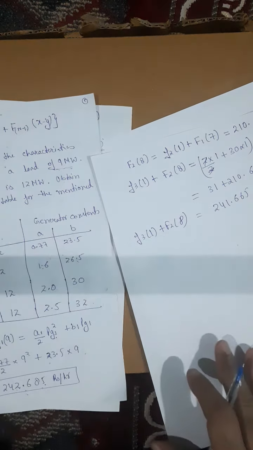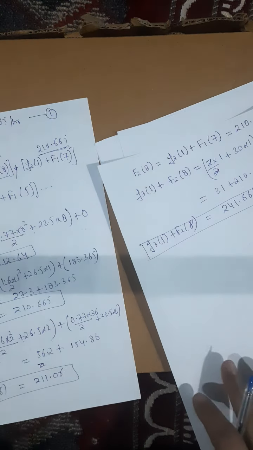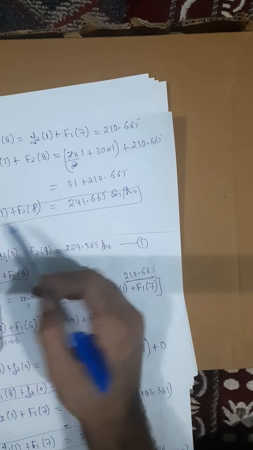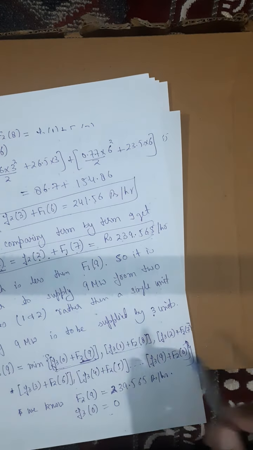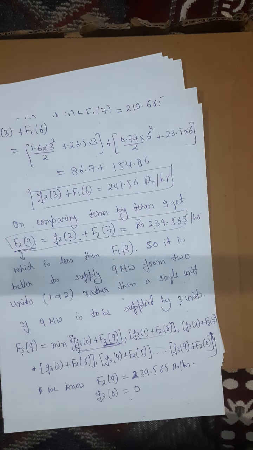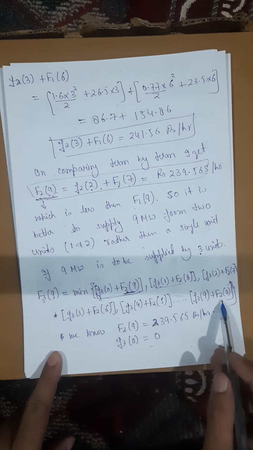8 megawatt. So when third is supplying 1 and the second is supplying 8, I am saying when the load is to be satisfied by the 3 units. In the first case, when the third unit is not participating, if the first 2 units are participating, then this is the most feasible condition: second unit is supplying 2 and first unit is supplying 7 megawatt. Now I am introducing the third unit also in the system. Now I am saying that 3 units will supply the 9 megawatt. Then these will be the number of possible combinations.